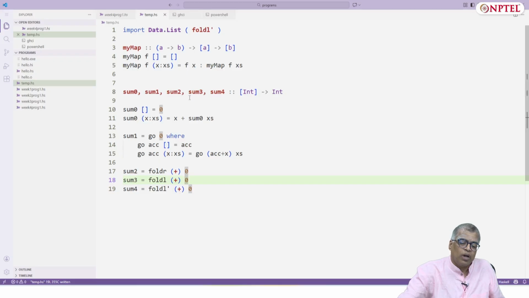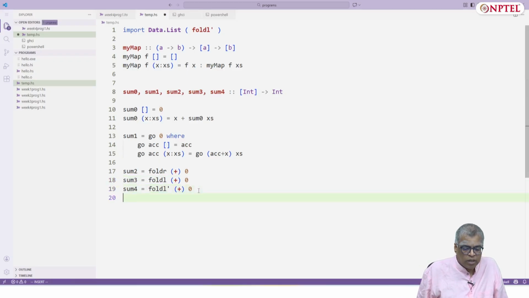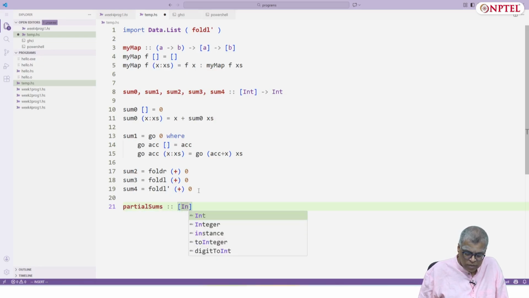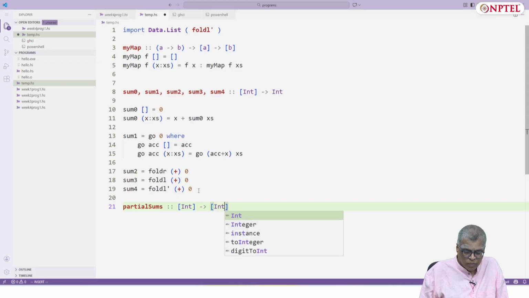Let's look at the scan versions since we mentioned it. Partial sums, let me call it, and I want to give it type [Int] -> [Int].